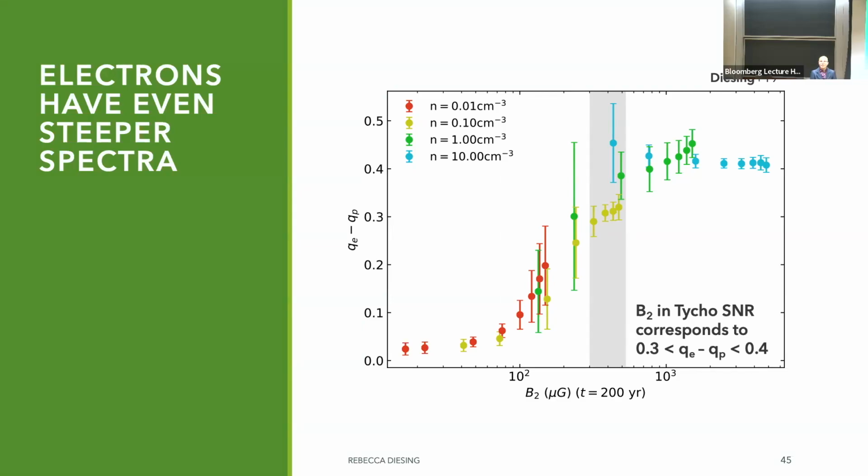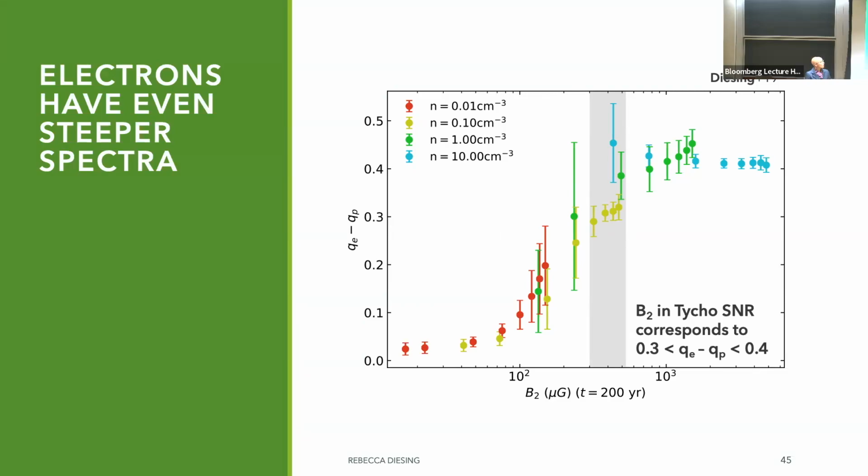Just a very quick question. So the magnetic field here is from 10 microgauss to 10 to the 4 microgauss. Does it correspond to what you actually may see in this environment? This is a gray band. Gray band is what is actually reasonable. So we basically varied it, we went crazy. You do see something like this for younger supernova remnants.